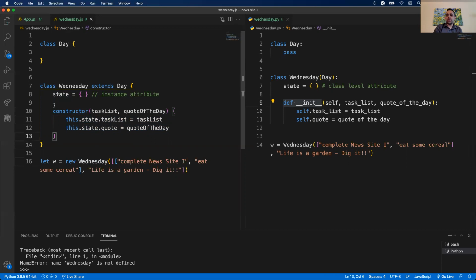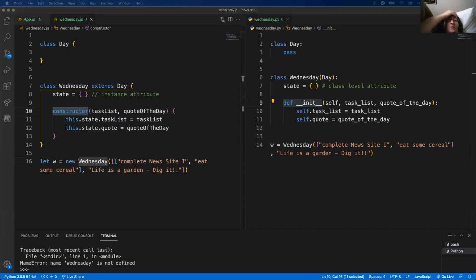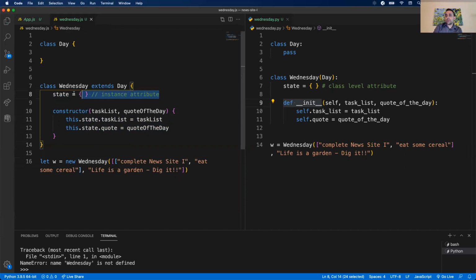Questions about constructor here? So if state in JavaScript isn't a class level attribute, then what is it? It's an instance attribute. So the state right here, if I create two Wednesdays, so let's say Wednesday 1